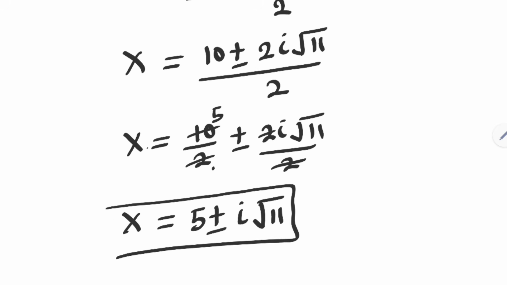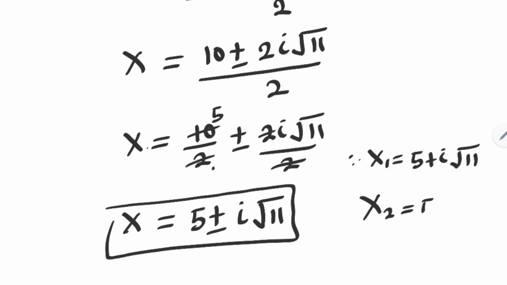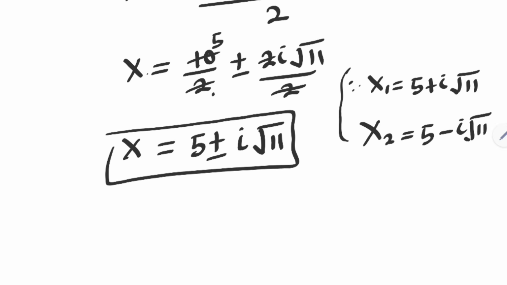These are the values of x. Therefore, x1 is equal to 5 plus i square root of 11, and x2 is equal to 5 minus i square root of 11. We've gotten the values of x. Let us solve for y. To solve for y,